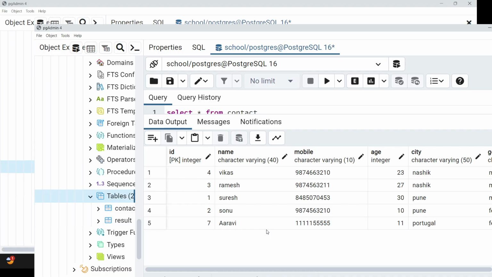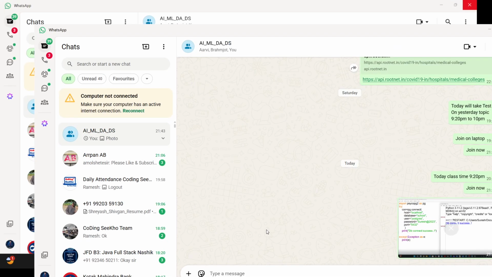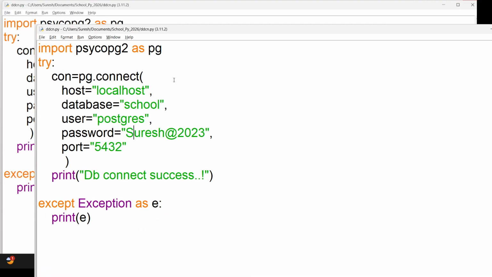Now I want to perform the same query in Python. How we can perform that query, we are going to see. Half of the part is already done, that is to create a connection with the database. This is our connection and the connection is created. Now here we can start the select data part.